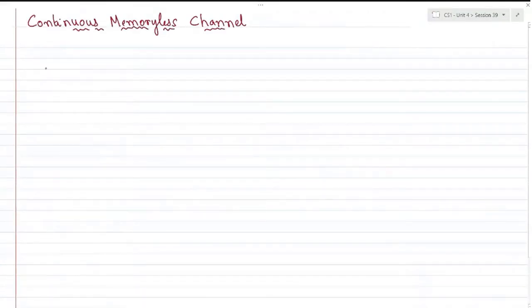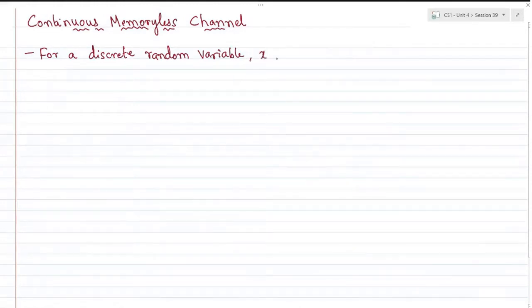So far, our treatment of defining various parameters in information theory, such as entropy, mutual information, and channel capacity, was with respect to discrete memoryless channel. Okay, so we have seen that for a discrete random variable, the source emitted some message symbols which were discrete random variables, and we had called them as set of